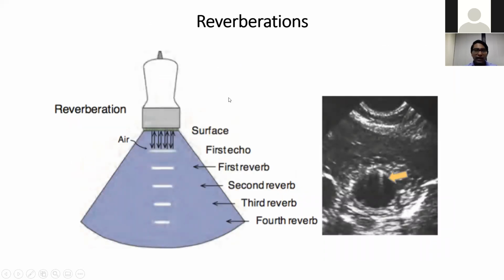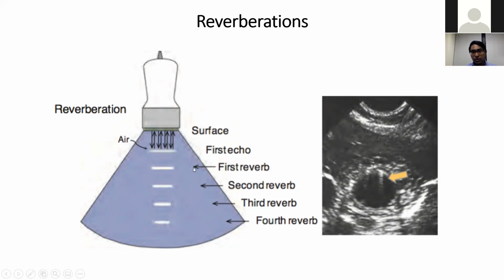Another common artifact is reverberation. What happens is that whenever there are two closely spaced interfaces, the ultrasound wave can get stuck in those interfaces. For example, there is an air interface here, and the ultrasound signal comes here. Since the impedance mismatch between the soft tissue and air is high, it gets reflected back, and it is received by the transducer. But some of that energy, after some time, again gets reflected back, and that creates